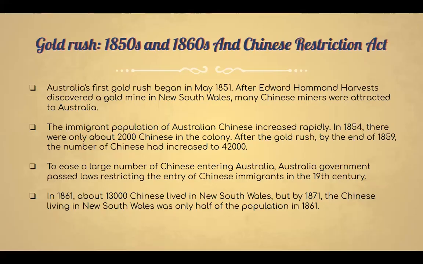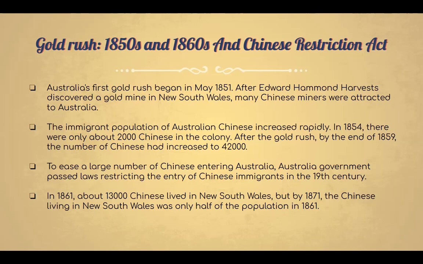Australia's first gold rush began in May 1851, after Edward Hammond Hargraves discovered a gold mine in New South Wales. Many Chinese miners were attracted to Australia. The immigrant population of Australian Chinese increased rapidly. In 1854, there were only about 2,000 Chinese in the colony. After the gold rush, by the end of 1859, the number of Chinese had increased to